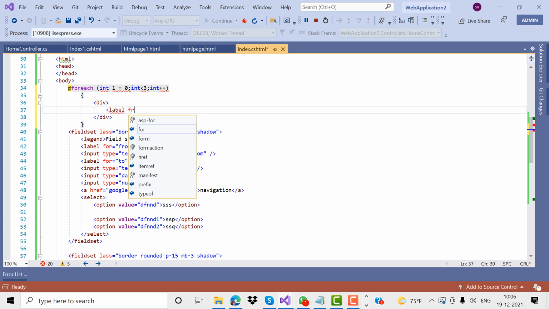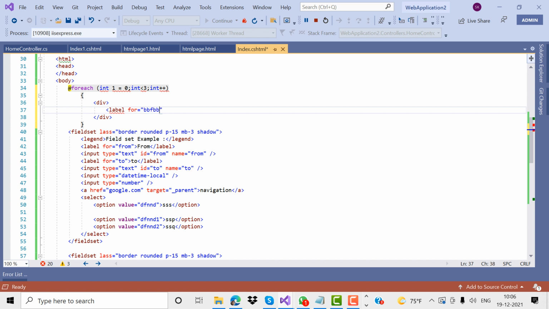Label for some value here, and in this value you need to give the model class. Model class of i is nothing but the for loop value i: model of i, model class of i dot field name.